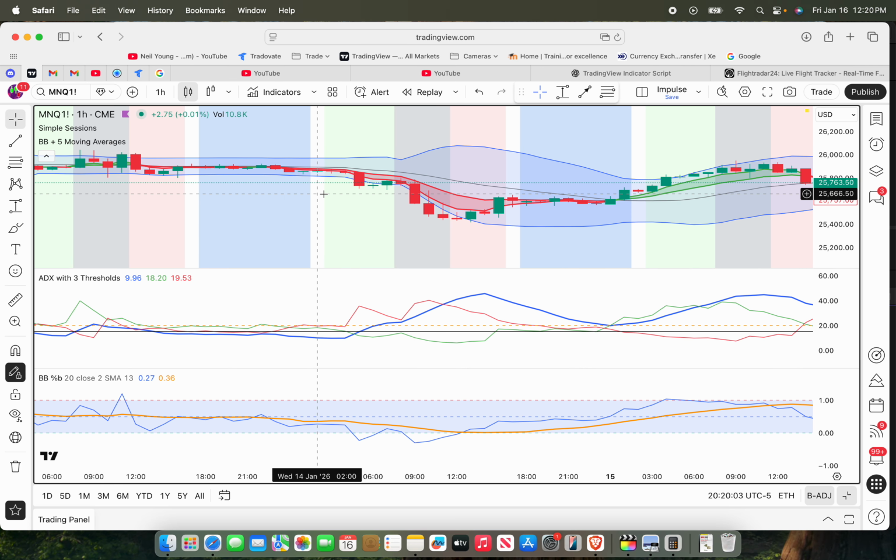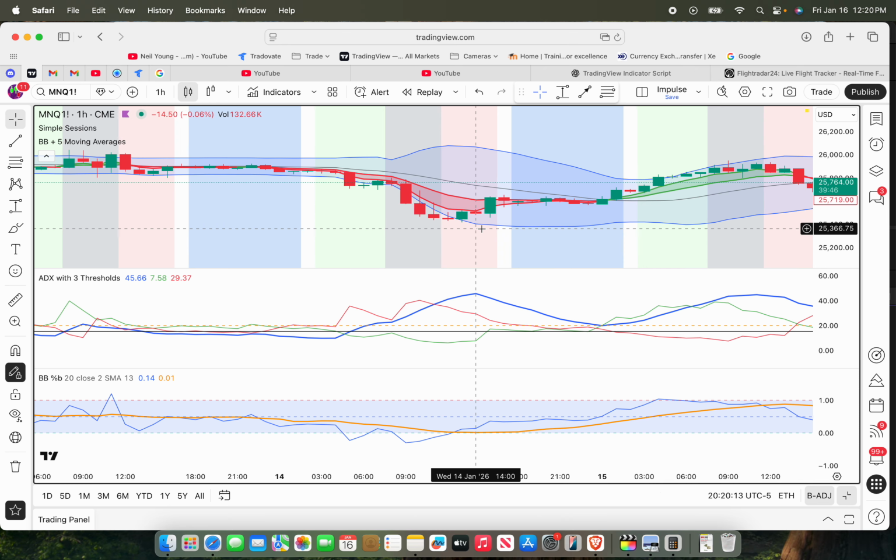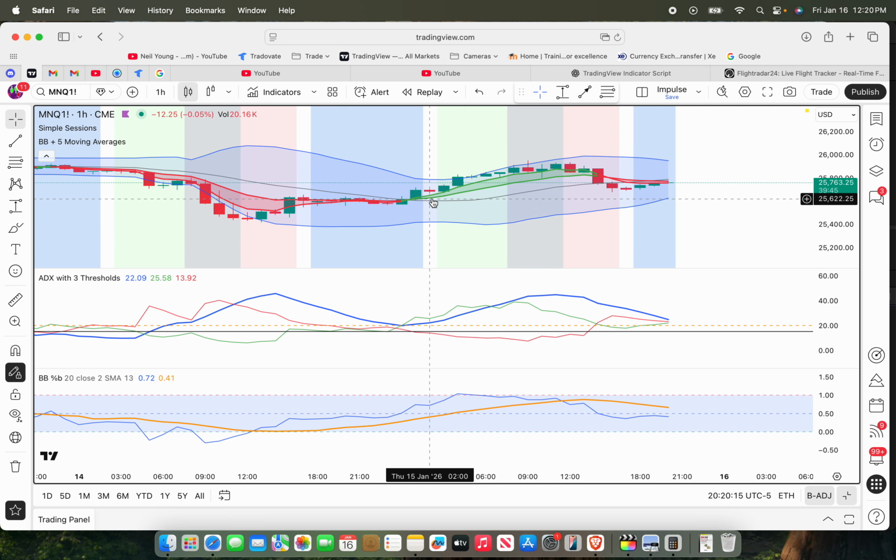But for me, I'm a visual trader. If I can see that these 2 moving averages are red and it's shaded red, well, the market has to be going down, doesn't it? Okay, and of course, when these 2 moving averages are green and the shaded green, it means the short-term trend